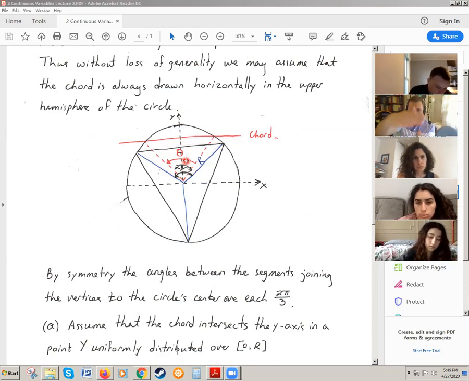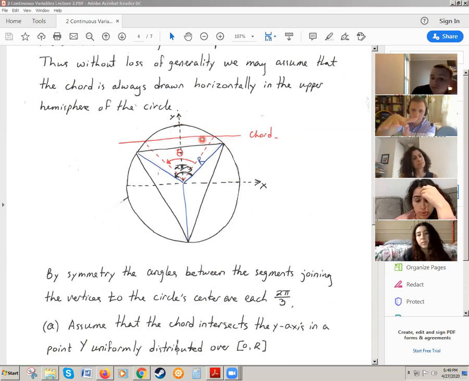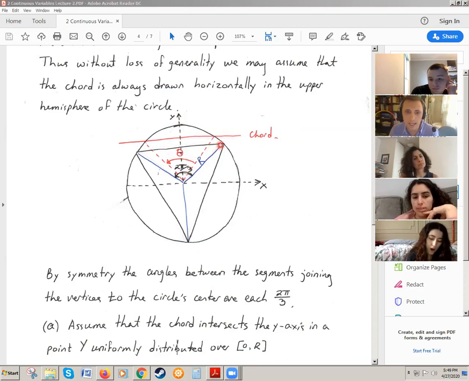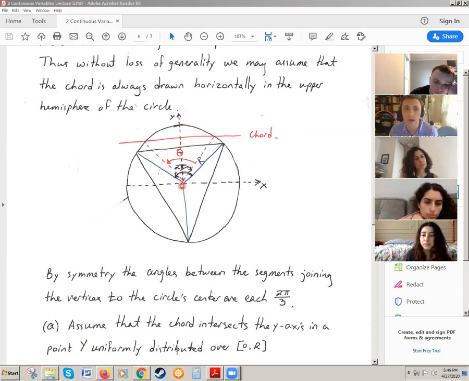circle. Once I drop it, the chord intersects the circle somewhere. It could be not like I showed in the picture, not on the XY axis. But I can then rotate the circle underneath so that this designated side of the chord is parallel. Make sense? So in other words, I can imagine that the chord is always dropped perpendicular to the y-axis.